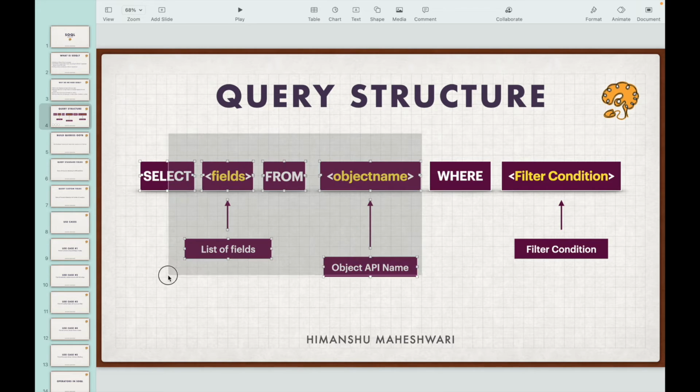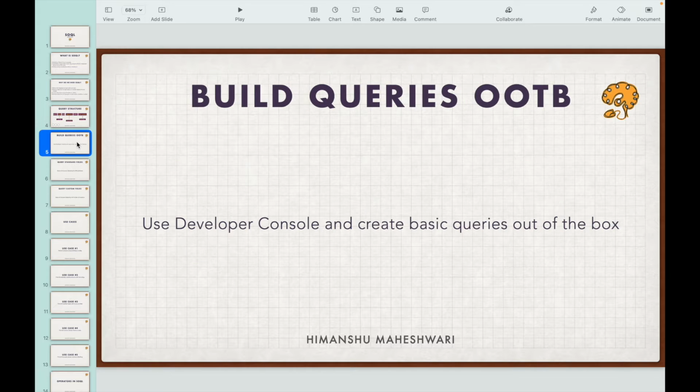Until here, this is all mandatory. All right. And if you want to add some filters, you can use the where clause. That's how a basic query structure or a SOQL query looks like. Cool. Before we jump into doing live examples, we have a very cool tool that is embedded or